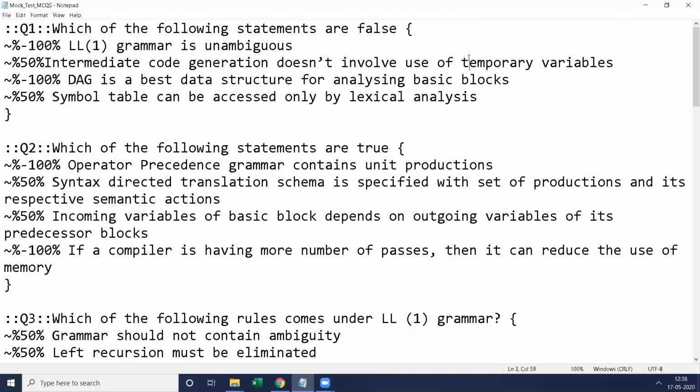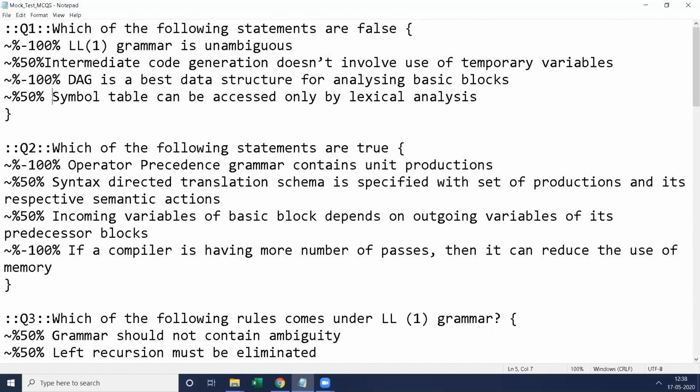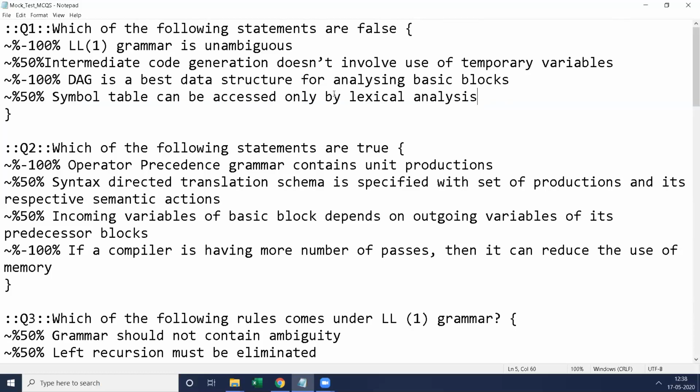So the second choice is a right answer, and the fourth choice is also a right answer. Here I am taking 2 right answers.